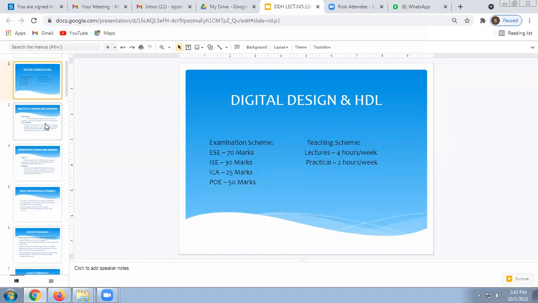Hardware description language. Language, right? But what is the use of this HDL? Why we use this language? With the help of this language, what we are going to do? Describe the structure of electronic circuit. Yes, it describes the structure or architecture of not electronic, it is digital circuits. Here only we are dealing with the digital circuits, zeros and ones, right? So this language mostly describes the digital circuits only.